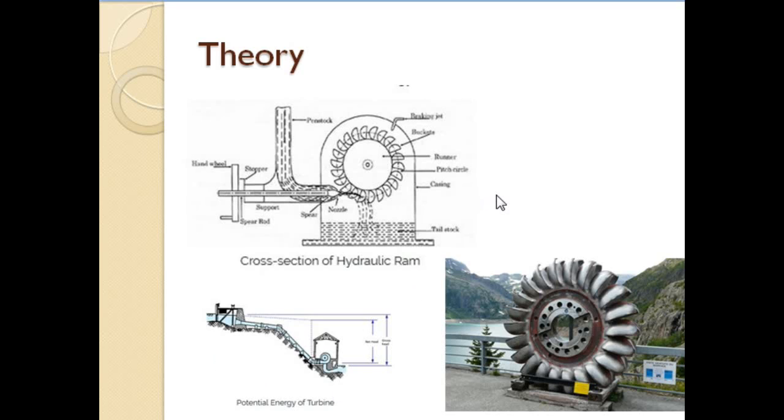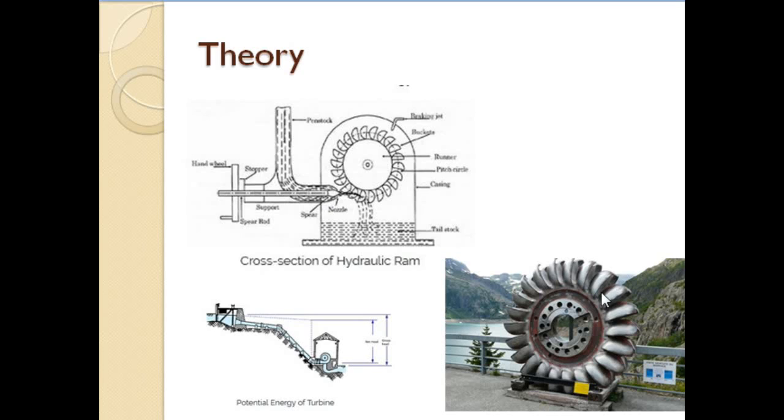First, before going to the working, we'll name the parts, starting with the water supply tube, that is the penstock. From the reservoir the water is taken to the Pelton wheel through pipes, and these pipes bring the water from the reservoir and are called penstock. The water coming out from the penstock is directly made to hit the Pelton wheel blades. These are called Pelton cups or Pelton wheel blades.